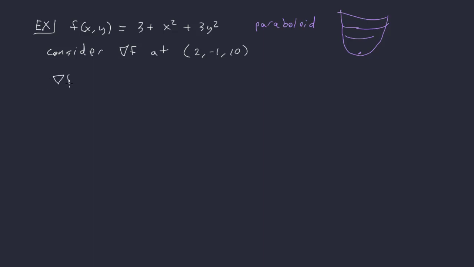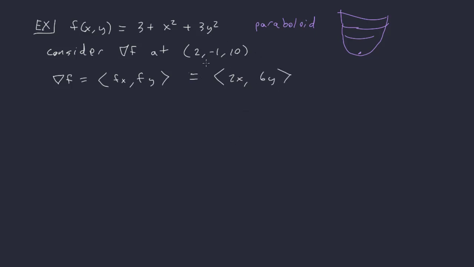So specifically, the gradient itself is going to be the vector f sub x comma f sub y. We're just going to take the x derivative, which will just be 2x, and the y derivative, which will be